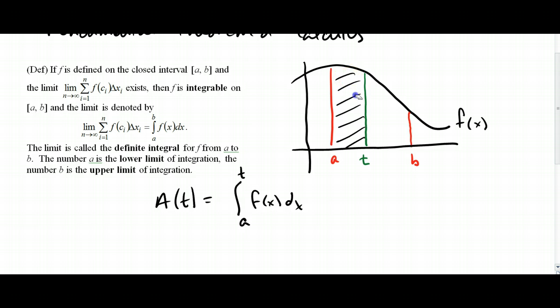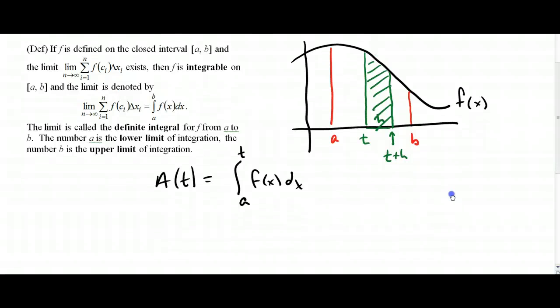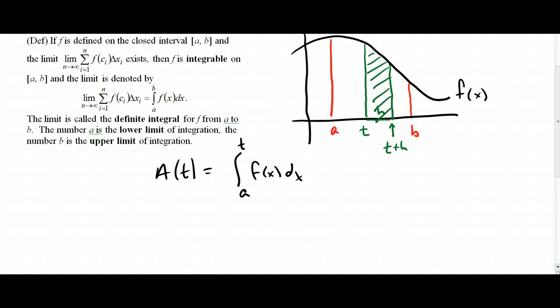Well, I'm going to pick another x value, and what I want to do, I'm going to move h units away. And if I move h units away from t, that other x value that's right here is going to be t plus h. We don't know how big that is. We're just going to use the variable of h. So our goal is going to be, let's come up with an expression for that area in between t and t plus h. Well, if we're going to do that, we kind of need to go back to this expression that we've got here,